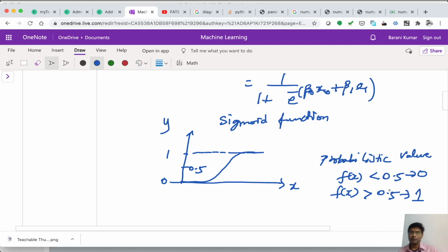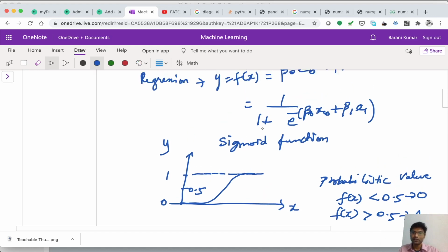Okay, so the sigmoid function property should be clear. But before identifying this, the same problem comes into the picture as in regression: identifying the unknown parameters b0 and b1. So we should now know the answer to how these parameters are identified.